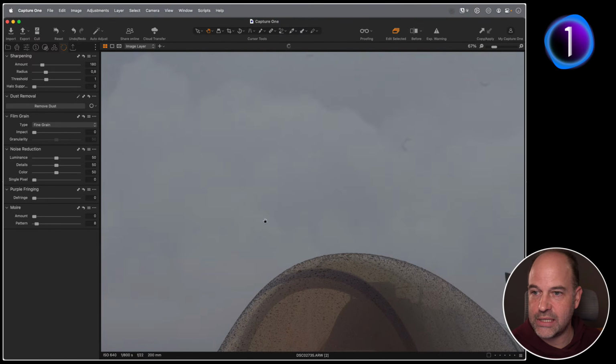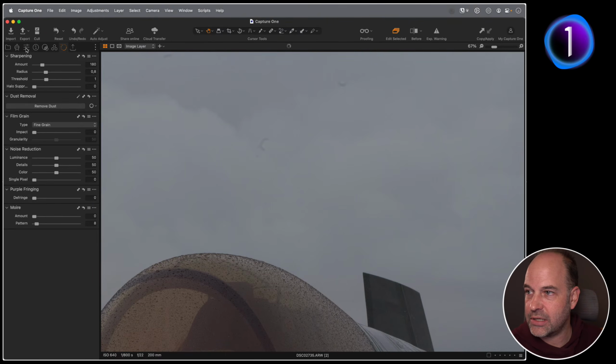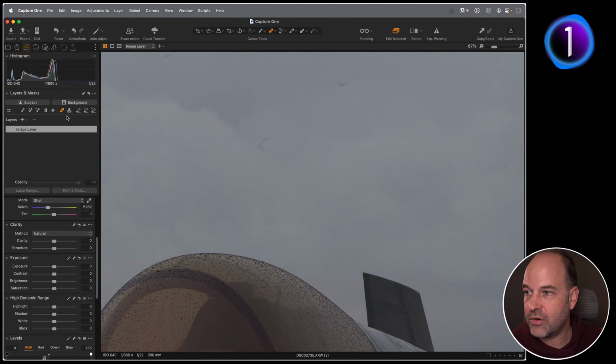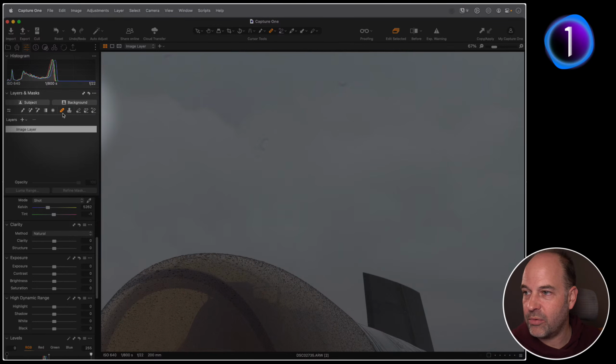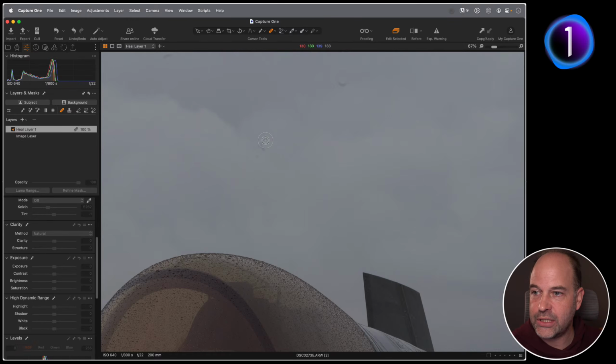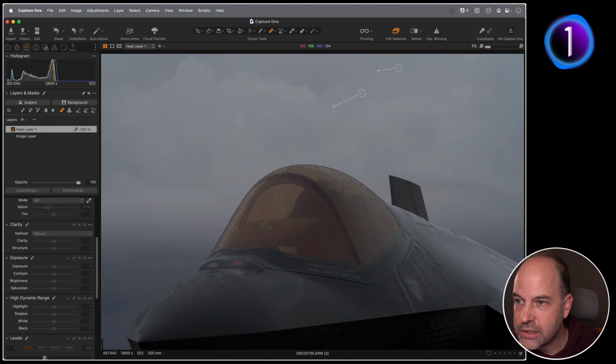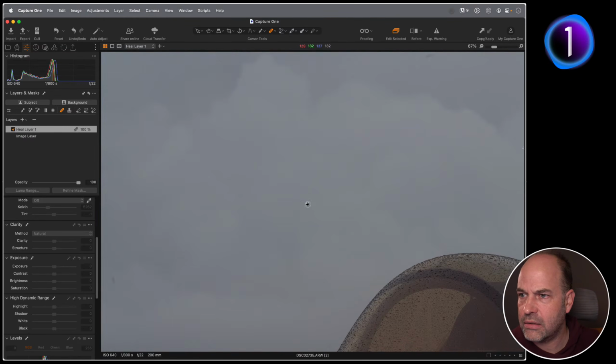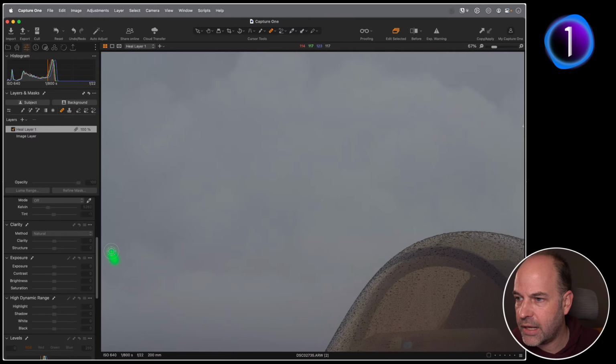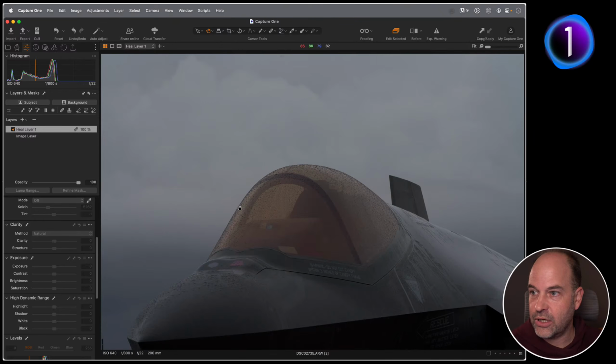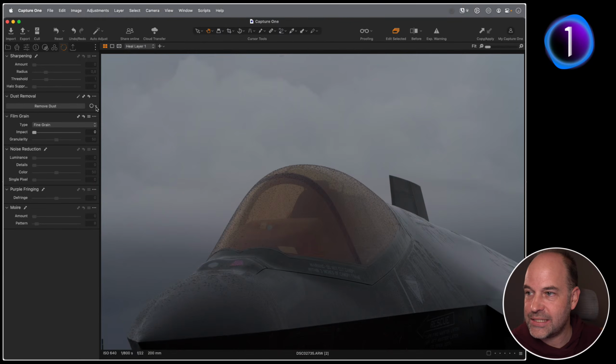Now, if you've still got these bigger chunks like troublesome hairs and things, you can grab the very reliable and long-standing healing brush and just take those out. So if we just get rid of a few of those nastier ones, I think there's only 2 or 3, probably one over here. Let's get rid of that. One there, and job done. So that's a lot quicker than manually blasting all that dust. You can still use a manual cursor tool if you wish.